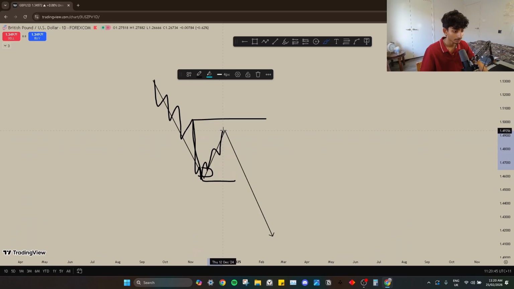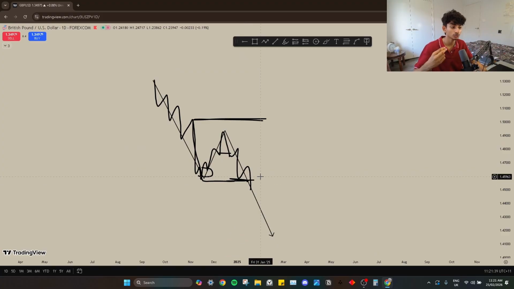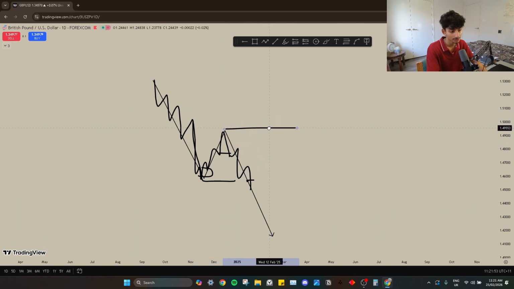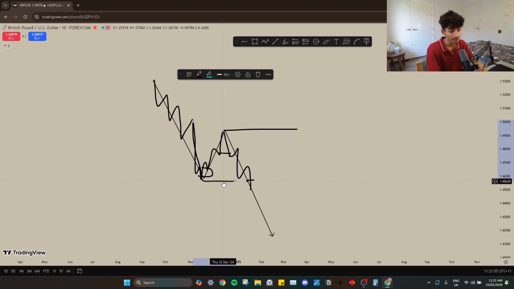Now it pulled back. You see another change of character. Now you can expect it to break the internal weak low, okay? Only once the internal structure strong high gets violated is when you start looking for longs. So in this example, what's the new high? It's this new pullback that was being facilitated, okay? So this becomes your new high, like that. This becomes your range, okay?